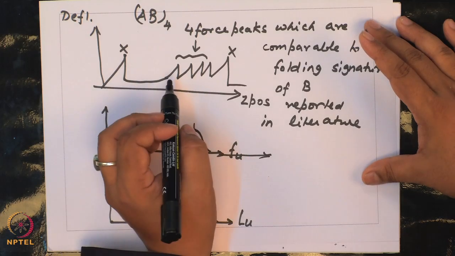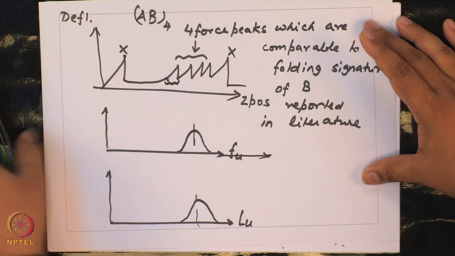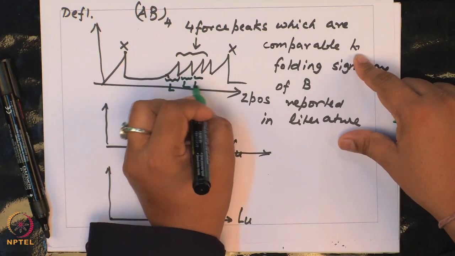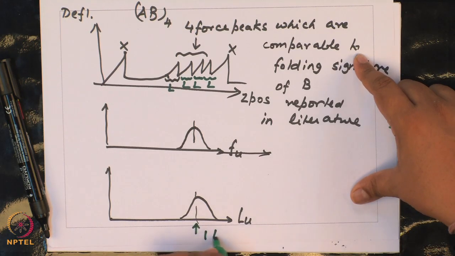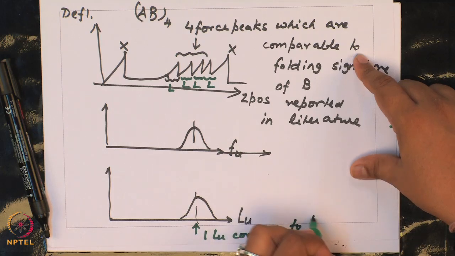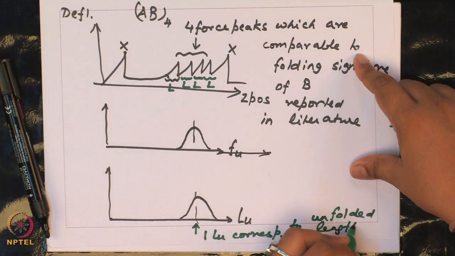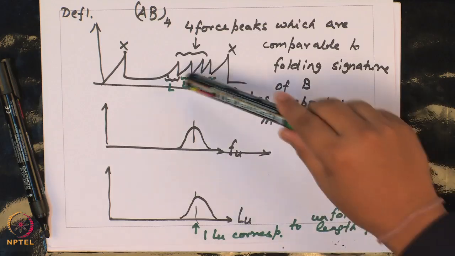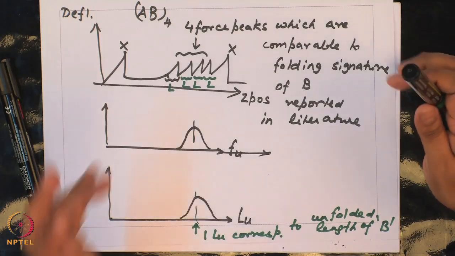Each of these lengths L will fall in this histogram, and you will have one L_u corresponding to the unfolded length of B. Okay. So, each of these L corresponds to unfolding of one domain of B, okay, which suggests,